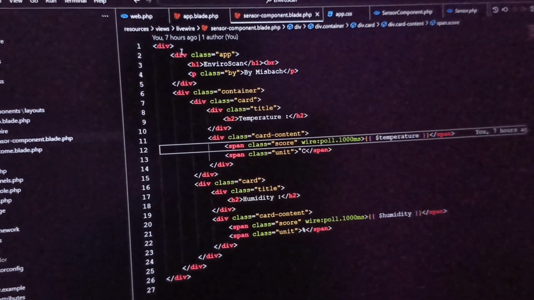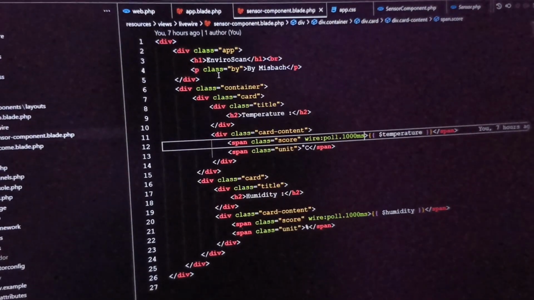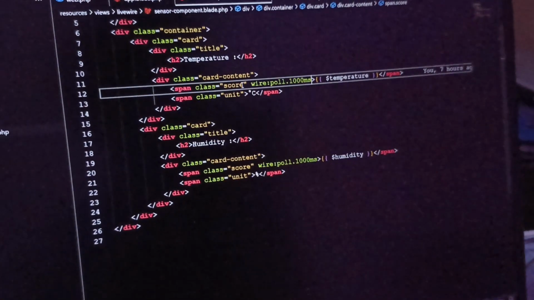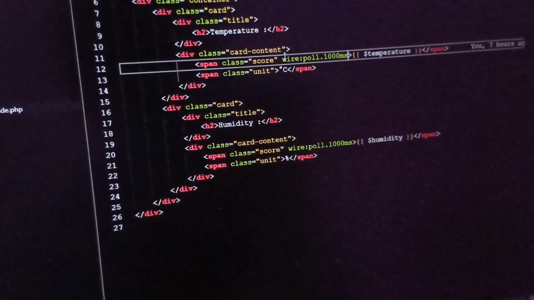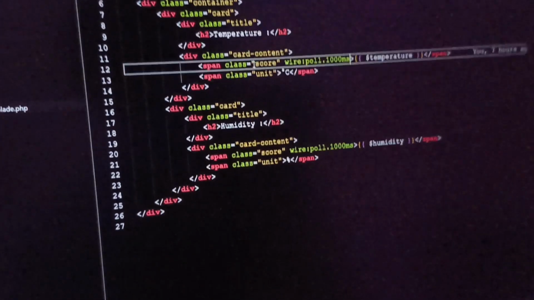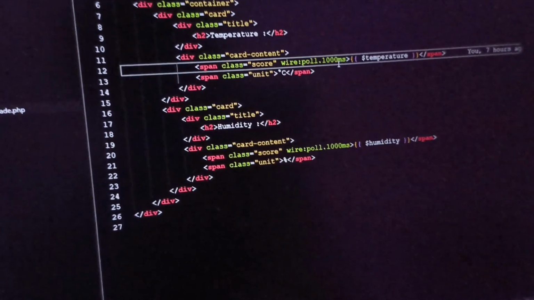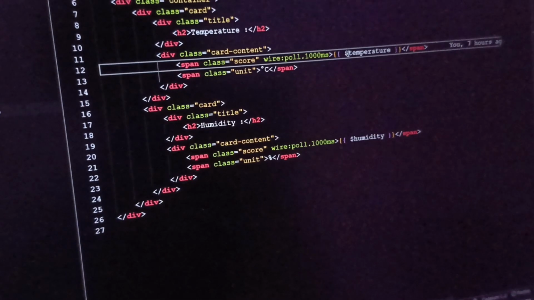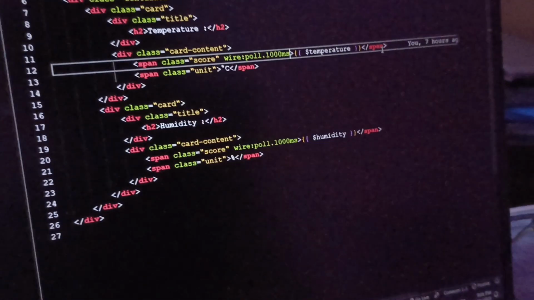Okay, and in this sensor-component.blade.php, this is the div sensor component. This is for the content of the sensor component in the website. You can see this is for temperature. You can see a class and the variable temperature.